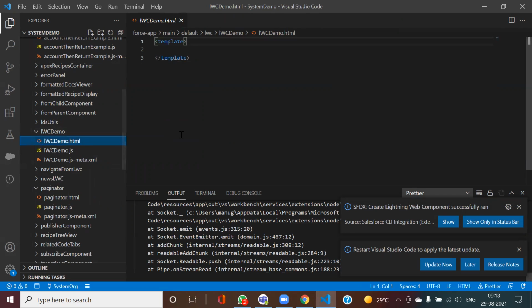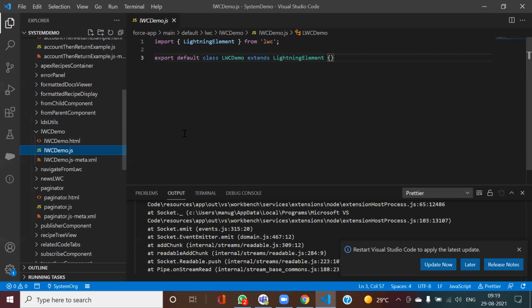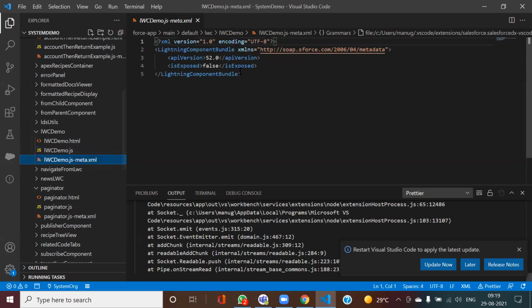One will be HTML, where you have your UI part, how it looks. Second will be your JS part, all your logic, just like the controller part in a Lightning component, so it's very much similar. And third, you will have the metadata XML. I will explain this once we take one example. So mainly these 3 files are going to come.